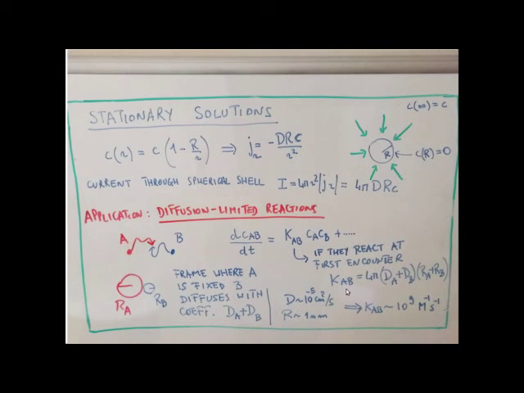Okay, we can estimate this for typical values, for instance, diffusion coefficients of a small molecule in water, which are of the order of 10 to the minus 5 centimeters squared per second, and assume that these molecules have a radius of roughly 1 nanometer. Now you combine these two numbers and you get this KAB. If you put the units together, you see that you get length cubed divided by seconds. If you multiply this cubic meter by Avogadro's number, the number of molecules in a mole,